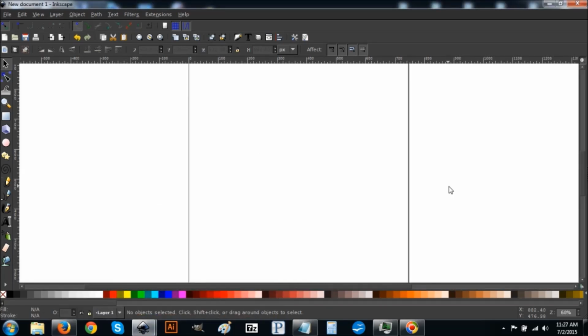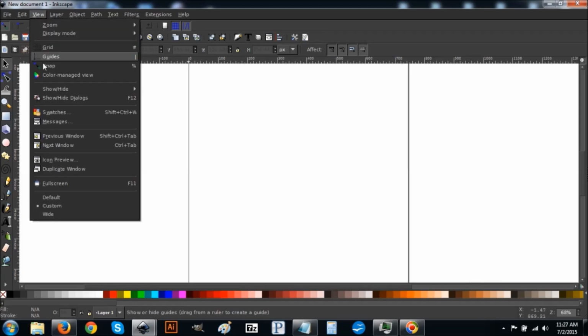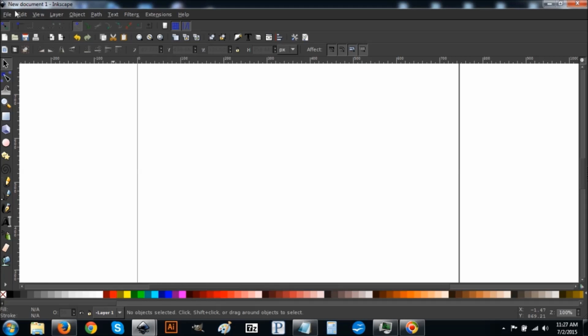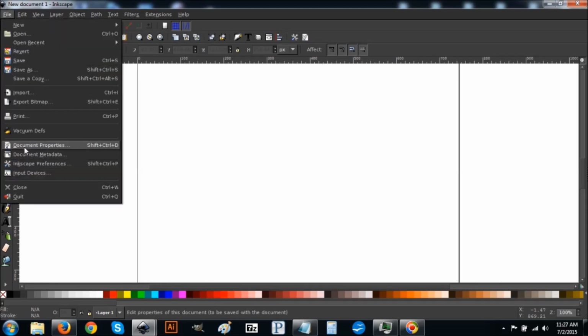Okay, so when you open up Inkscape, this should be your view. We're going to go to View. Make sure you have custom selected, zoom, view, zoom, zoom 1:1. You're going to click that. File, document properties,